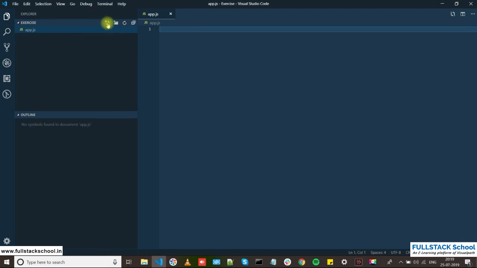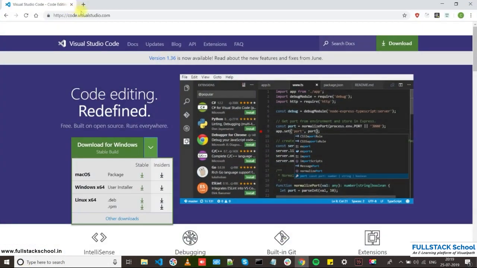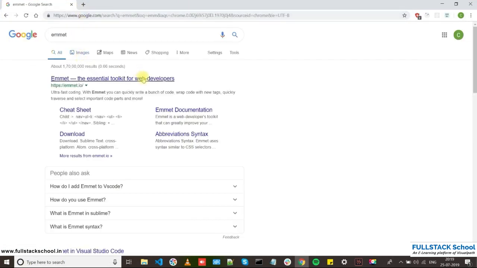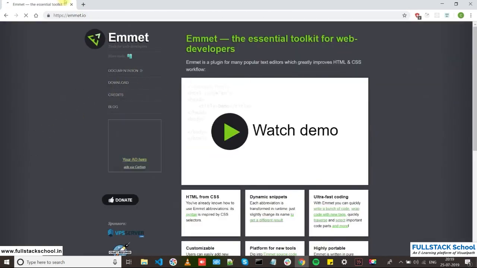Okay, so I'll create one HTML file here, next.html. And I'll show you guys a trick here. Previously it was available as a plugin. Now it's been integrated with VS Code. That thing is called Emmet. I'll show you the URL also. You can just practice with it if you have time. So Emmet, if you open this, maybe I'll directly go to documentation.